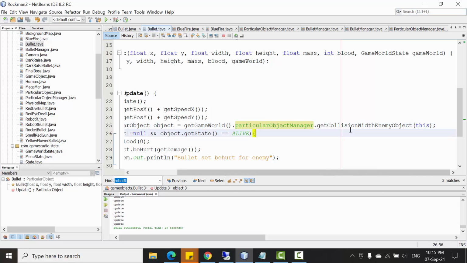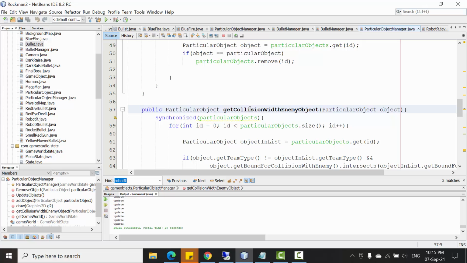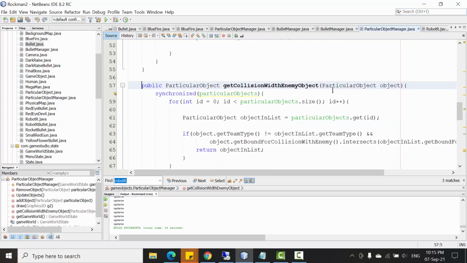Alright, so I will explain this function. In this function, I will put a particular object; this is the bullet, this bullet. So I will use this bullet to detect whether this bullet rectangle here